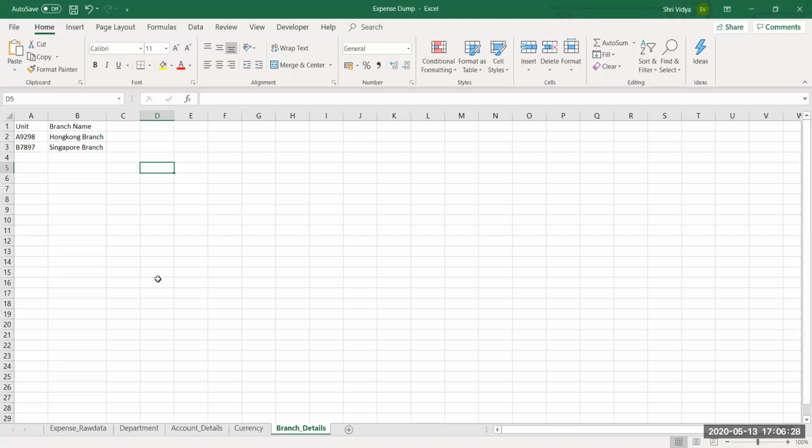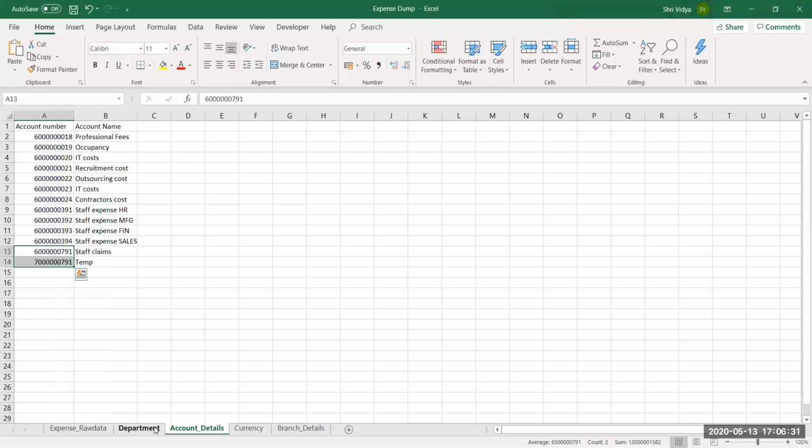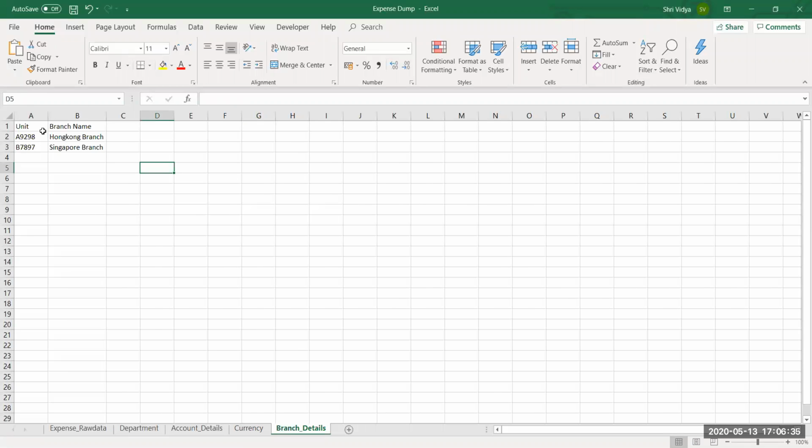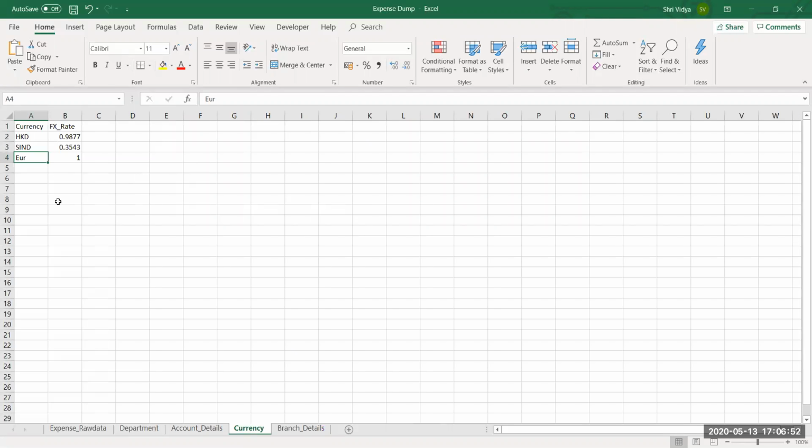I have taken two columns for the sake of understanding it easily. Here we have unit, which is the branch number. I am identifying this particular branch using this ID, and the branch name is given here. Next, I also have the currency. Whichever currency you are using, I'll be providing the name of the currency and the foreign exchange rate for that.